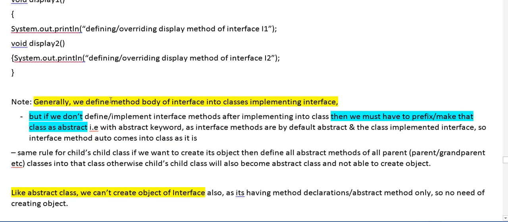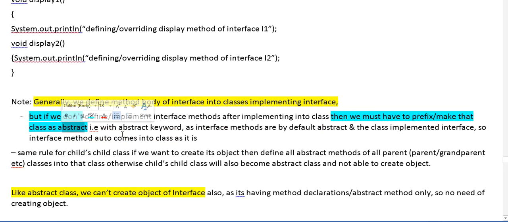Generally we define the method body of an interface in the classes implementing the interface. But if we don't define or implement the interface methods, then after implementing into the class, we must prefix or make that class abstract.